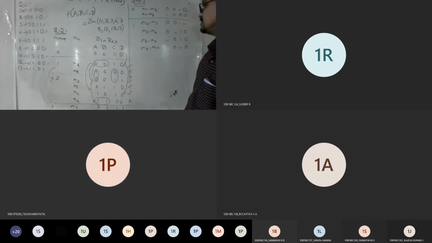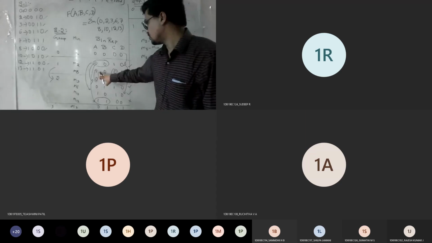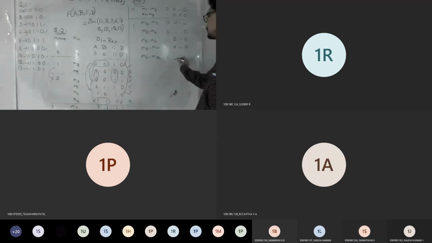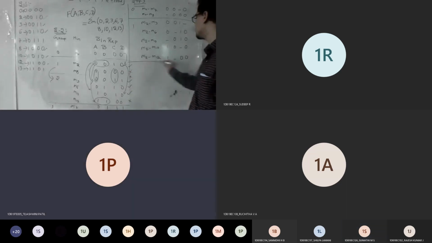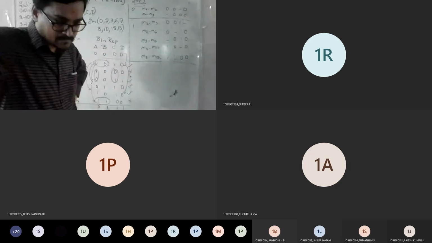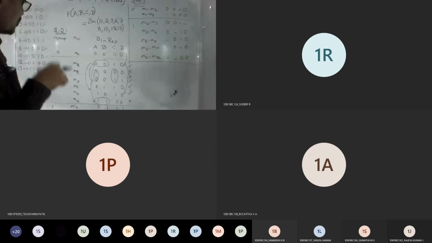Okay, good. Next. M8 with M12 possible? Yes, sir. So M8 with M12, it's possible. Look at here. So 1 1 as it is. 0 1 is the only change. I can put dash. Then 0 0 0 0 as it is. So this completes your group 1. Any doubts? Anyone with this? Am I clear? Yes, sir. Good. So like this, finish off group 2 with group 3 now.